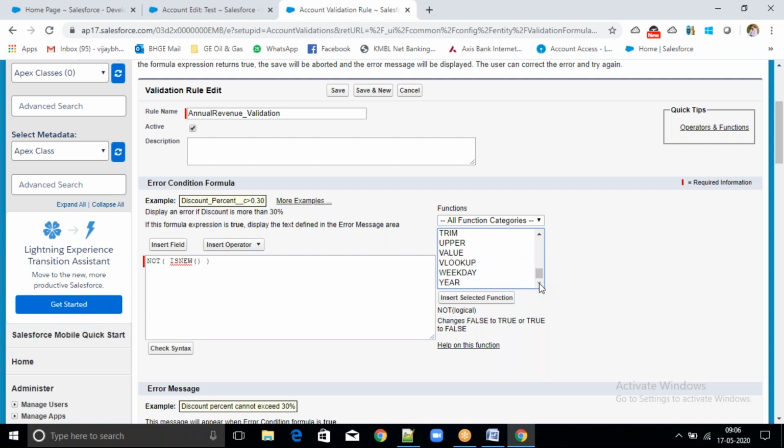So try to work on this. Earlier I told you about AND condition and OR condition. In that I'm mentioning only one. I'm checking is blank of annual revenue and is blank of phone. It means I'm writing only two conditions. First you try with one condition. Next try with 2 conditions. Next try with 3 conditions. Try to make changes in the records.